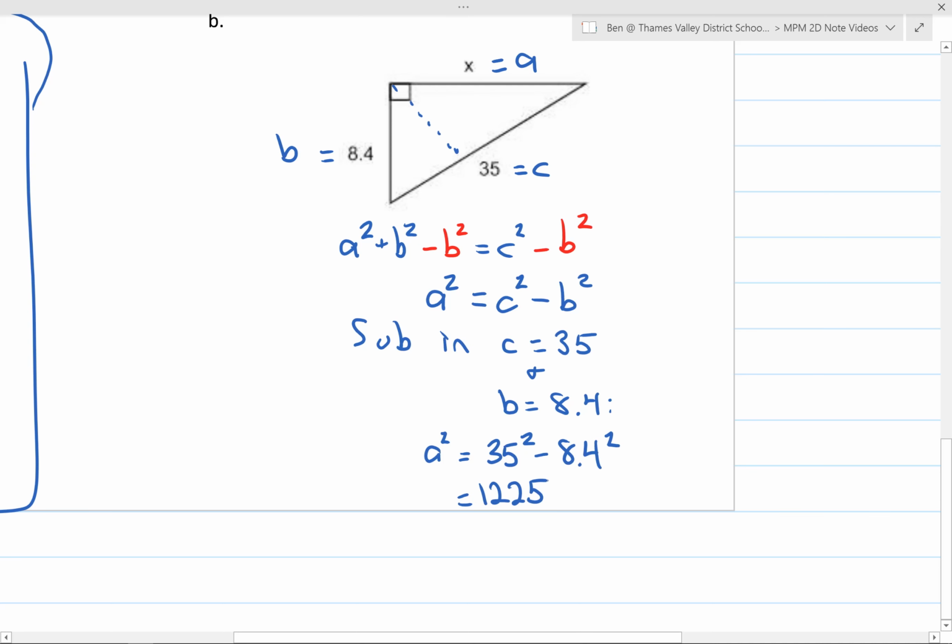And 8.4 squared is 70.56. Minus 70.56. We're still working here. I know I ran out of space, but I'm hoping you didn't realize that my writing's a little bit larger. 1,225 minus 70.56. We're working with 1,154.44. Okay, that's great, but that's not what we're looking for, right? We need to square root both sides. A squared will square root that, leaving us with A equals the square root of